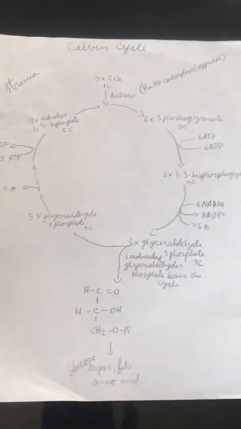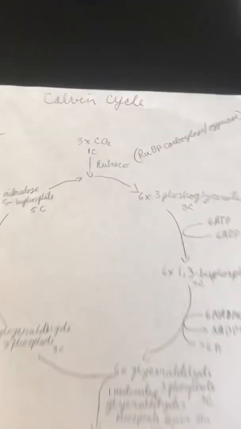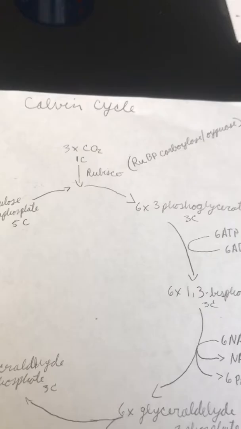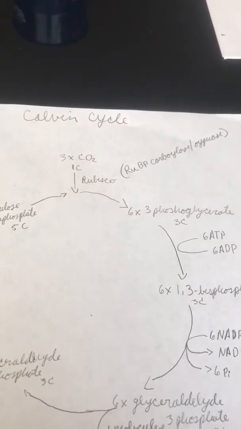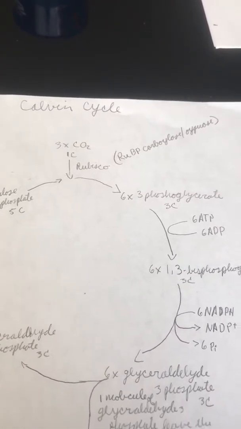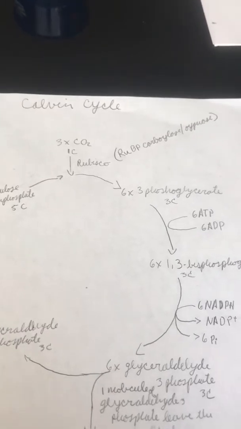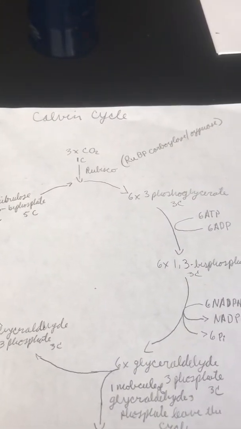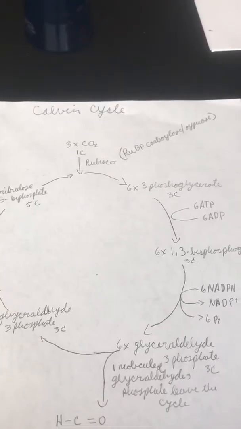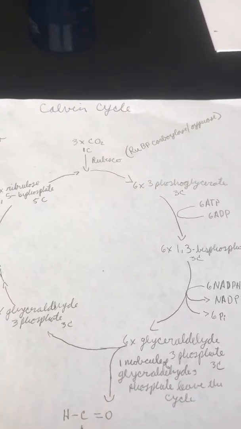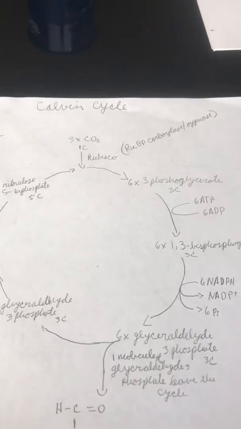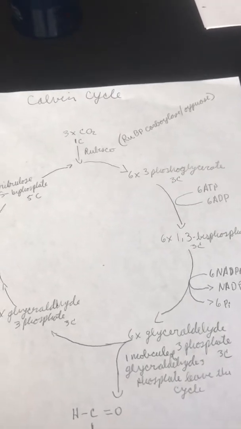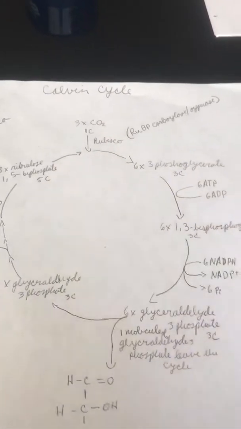So here you'll see, we'll start from the top. Here you'll see that CO2 combines with ribulose bisphosphate, through the addition of RuBP carboxylase oxidase, which is Rubisco. That is used to form